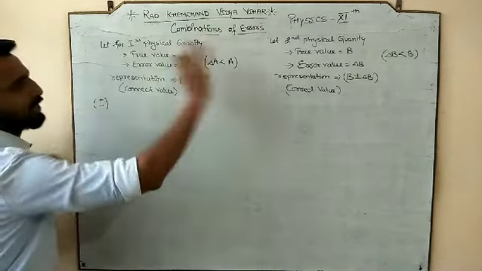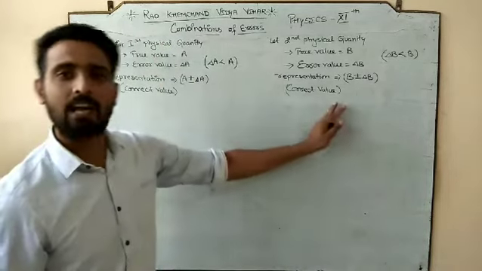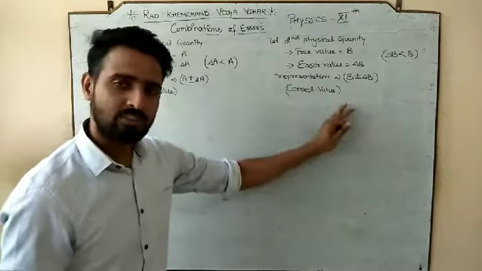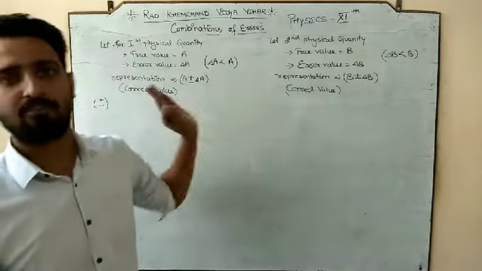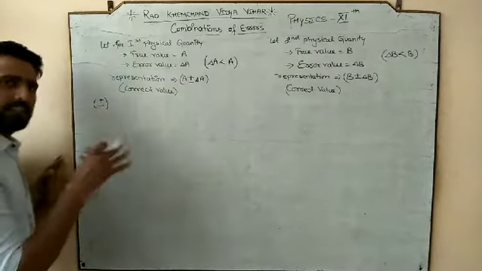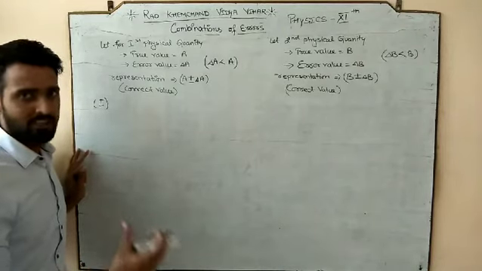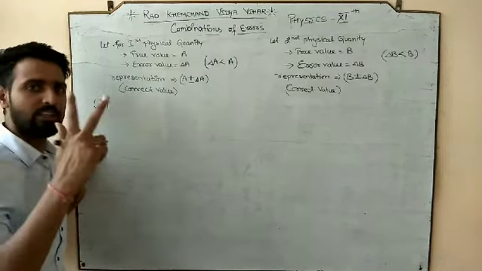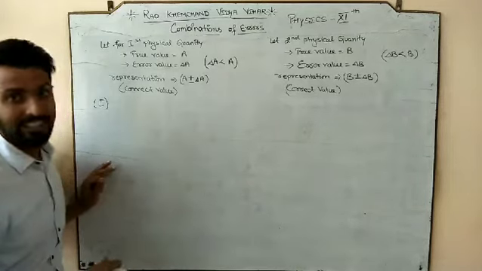So this is our common setup for every combination. First of all we are going to add both of them, then subtract, then multiply and divide. I have the first physical quantity and the second. So let's first learn how to add, subtract, multiply or divide two quantities. पहले दो को ऐड करना सीखते हैं, तो फिर further we can easily learn.